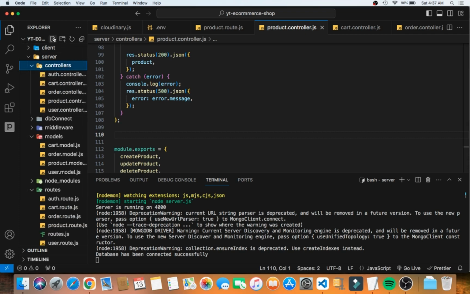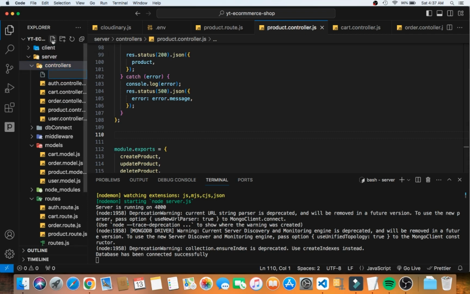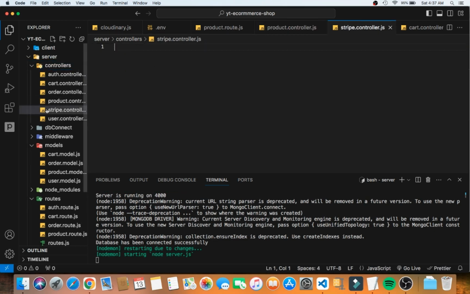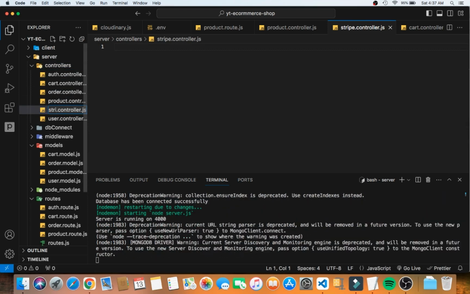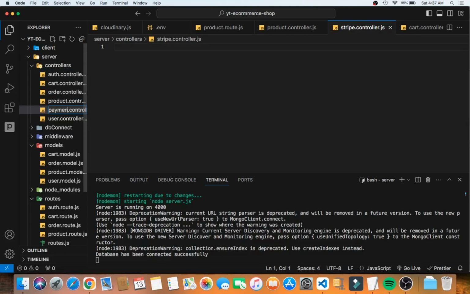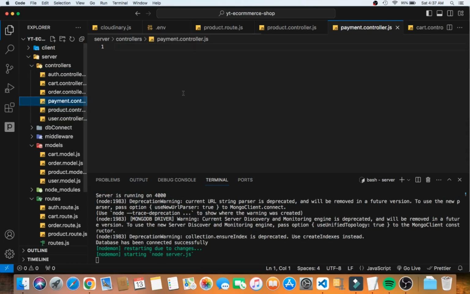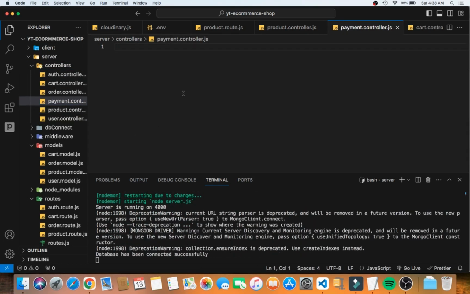We could do that by creating a new file here. I think we should name it payment. Yeah, let's do that: payments.controller.js. Then inside our payment.controller.js, we can say const